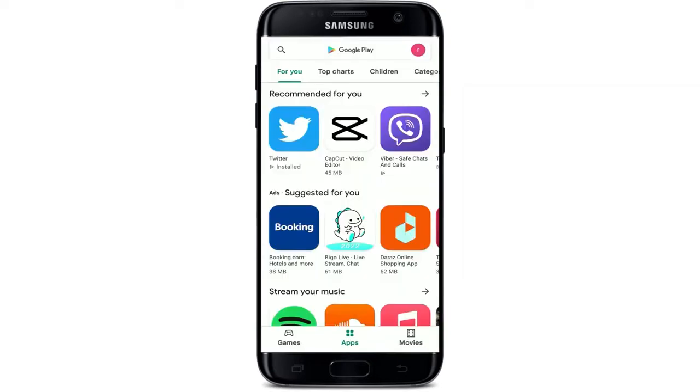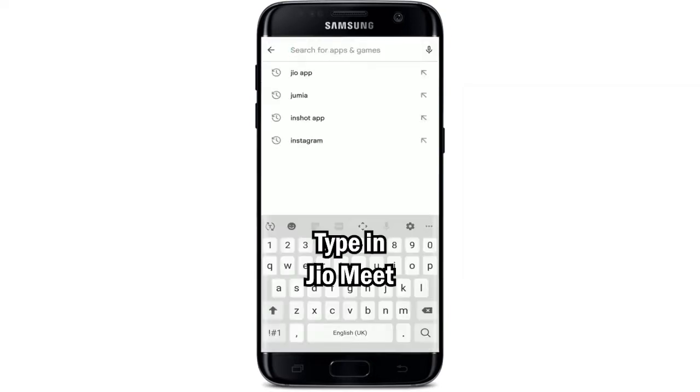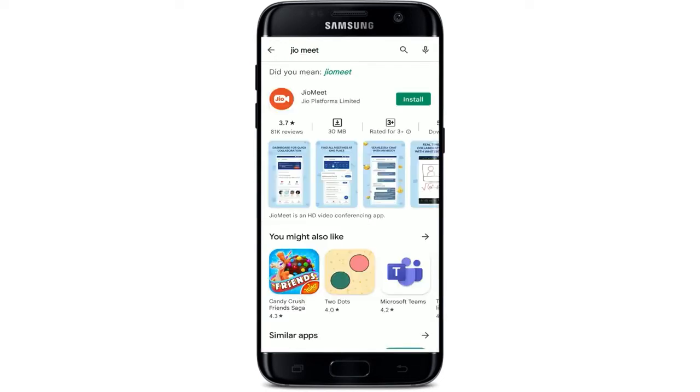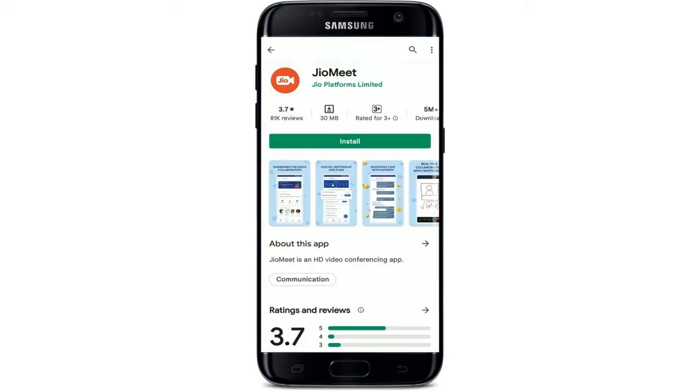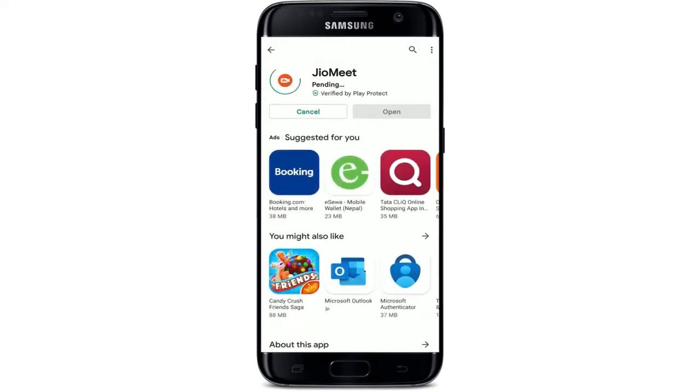Open your Play Store to begin. In the search box that appears at the very top, type in GeoMeet and search. You'll be able to see the application at the very top displayed on the screen. Tap on the app to see further information about the application. On the next page, tap on the Install button to begin the downloading process. Wait until the app gets downloaded on your Android device and you'll be able to operate the application once it's